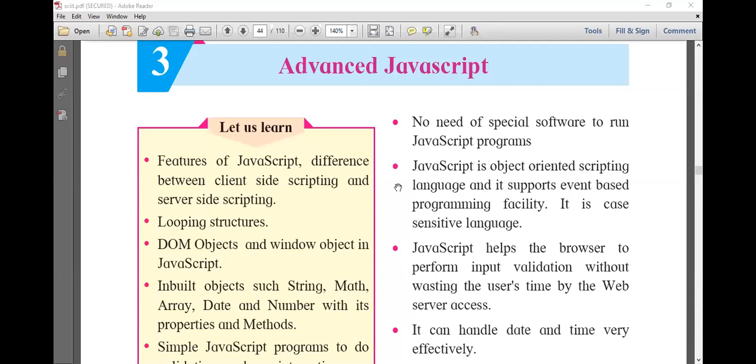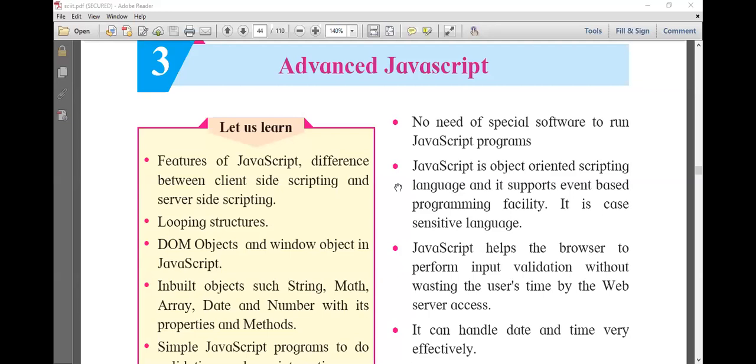Anushka, exactly. Event based and case sensitive. Yes, Ratan. Event based. Samiksha, object oriented scripting language is not the basic thing over here. The basic thing is event based programming facility and case sensitivity. But you are not wrong, object oriented scripting language is right.